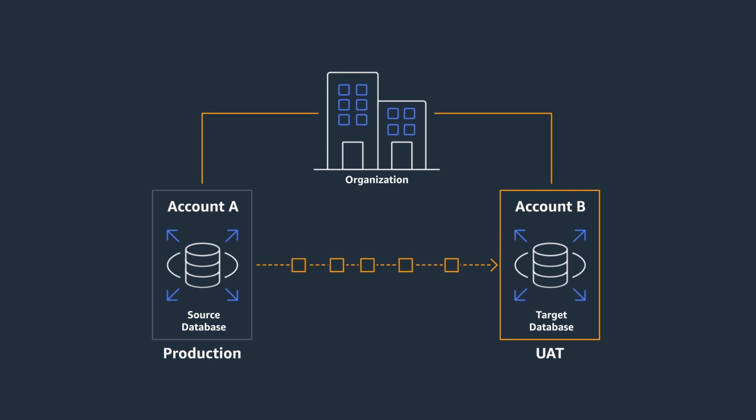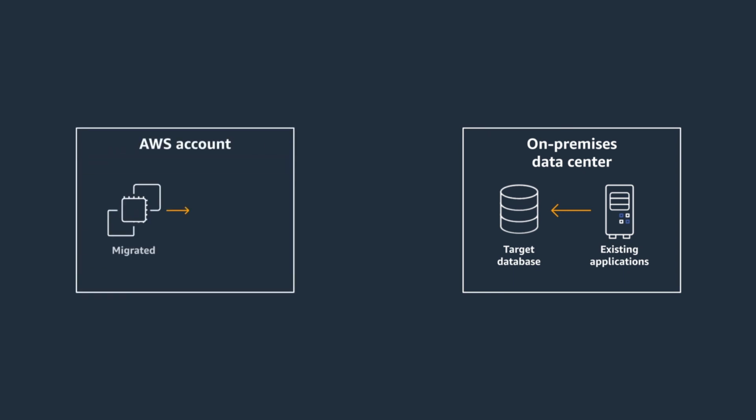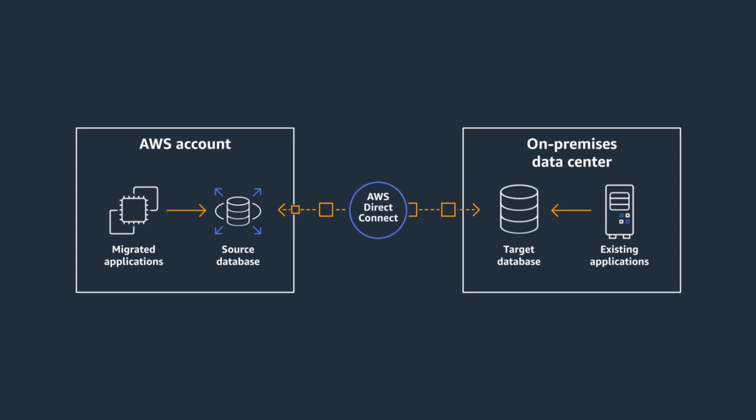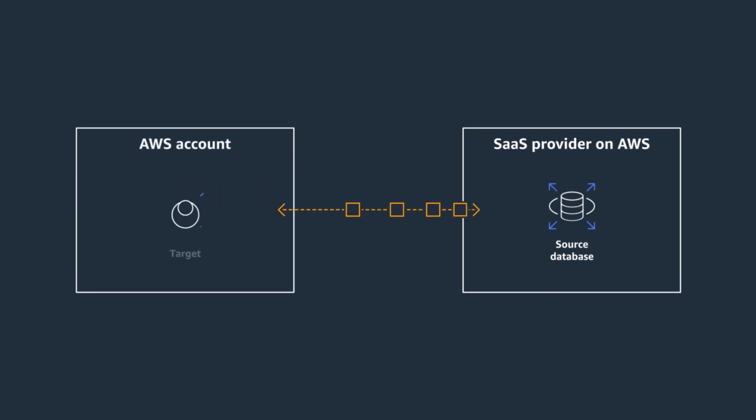own databases. Another use case is to support hybrid architectures, where an application and the corresponding database is moved to AWS, and an on-premise database needs to be kept in sync to support on-premise applications that haven't migrated yet. Today, more frequently, data is also stored in third-party applications or SaaS solutions that are hosted on AWS. In this situation, we still need to have the capability to combine all our data for various analytics use cases.